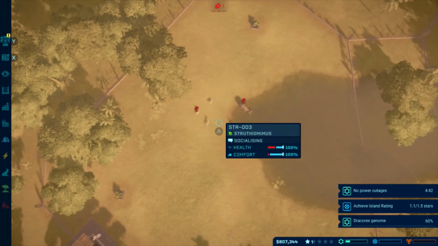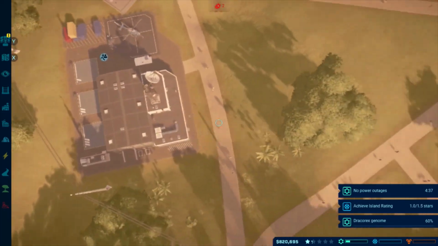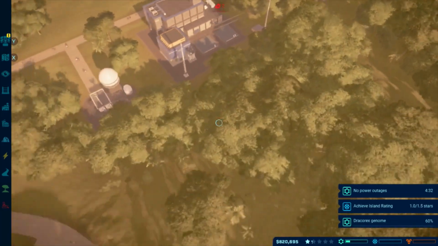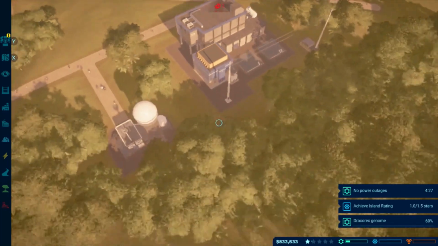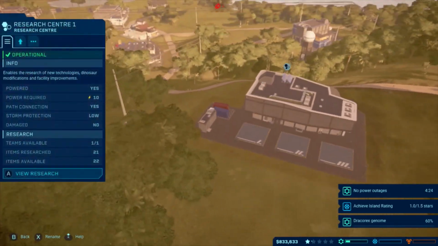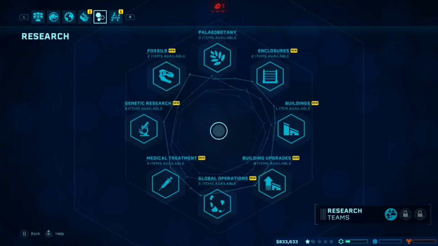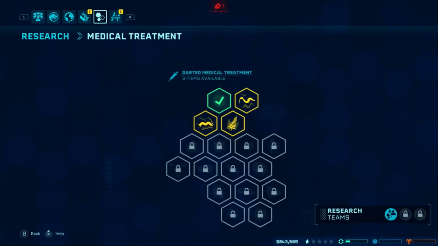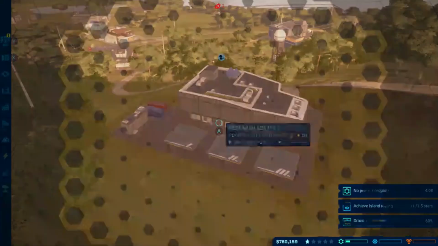Okay, let's head over to the research facility. Because it could be that we need to research bracken poisoning. I believe that's what it was called. Okay, view research. Medical treatment, okay. Bracken poisoning, perfect. Okay, so as soon as this research is done, we can hopefully get out and heal those